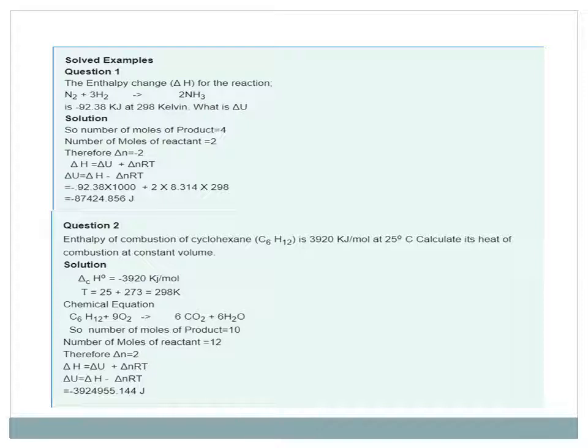It is 298 Kelvin. Again you calculate moles of product, moles of reactant and again delta N, it comes out to 2. Put in the relation delta H is equal to delta U plus delta N RT and answer is minus